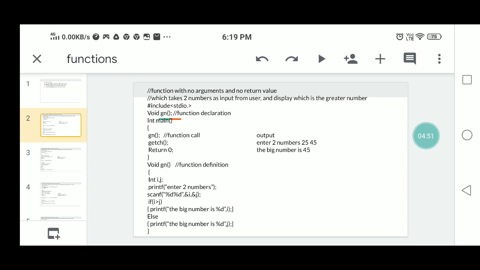The entire logic is included in the specific task. The specific task is the user defined task, that is gn. So that entire task will be called by the main program. At whichever place the main program calls it, the entire task will be entered into the main program. So it displays that the bigger number is 45. So that means